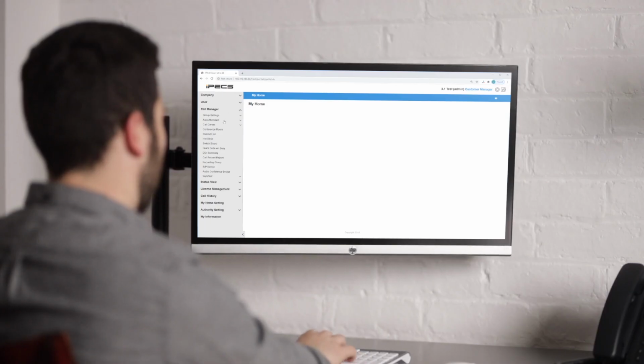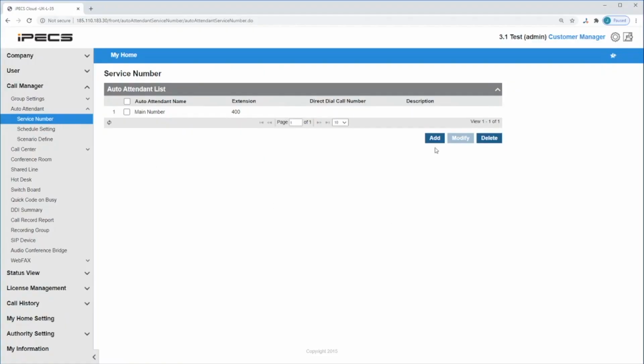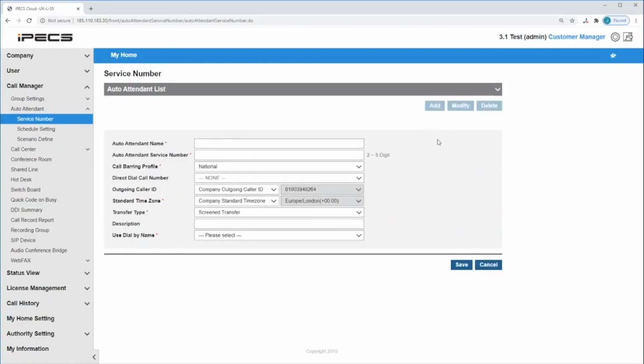How to create an Auto Attendant. To create an Auto Attendant, go to Call Manager and click on Auto Attendant. First go to Service Number and click Add to create the Auto Attendant number. Give the Auto Attendant a name in the Auto Attendant name field and a number in the Auto Attendant service